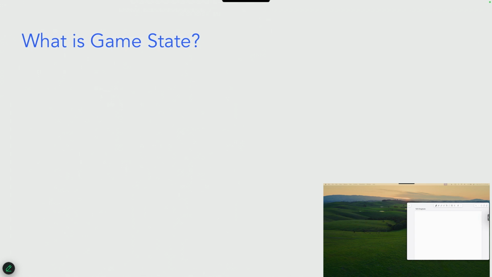Okay, so quick question. So we have an idea of game state when developing games. And game state is not the same thing as the state of a React component. It's a more generalized term that refers to just the information and all the things you need to know about the game to properly say what exactly is going on. And so game state might include things like, for our case, who's playing the game, all the people who are logged in,